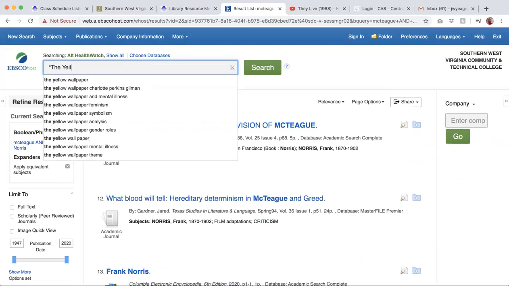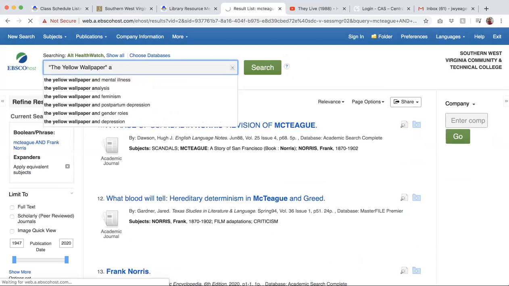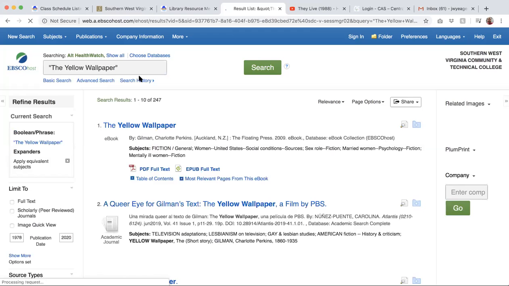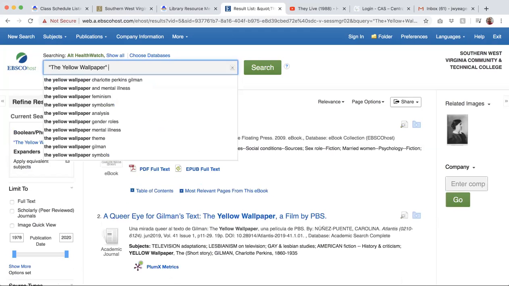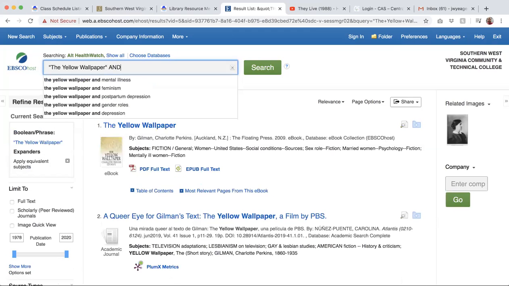Let's type yellow wallpaper. One thing to do when you run these searches, if you want to put in a second term, you always want to put this capital AND in all caps.